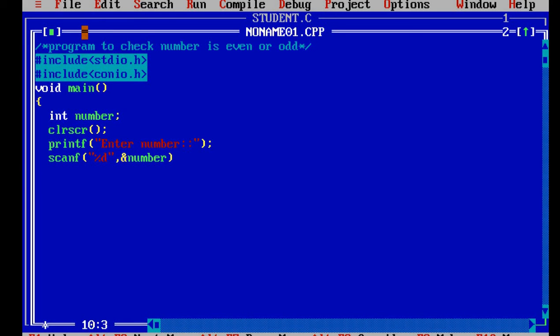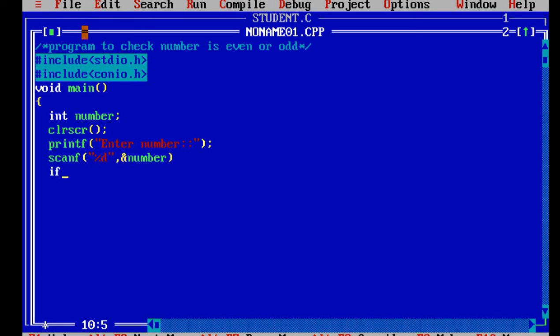Okay. So for checking whether the number is even or odd, I need to use a mathematical expression, that is, I need to take the modulo of that number by 2. If the modulo, meaning the remainder, is 0, then that number is even, otherwise the number is odd. Because if a number is even, then the remainder must compulsorily be 0. So for checking the remainder, we need to use the modulo symbol, and we need to create one algebraic expression for finding out whether the value is even or odd.